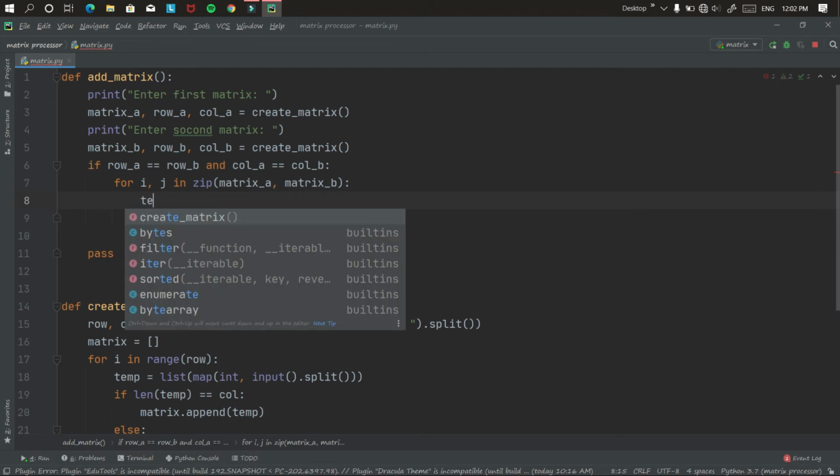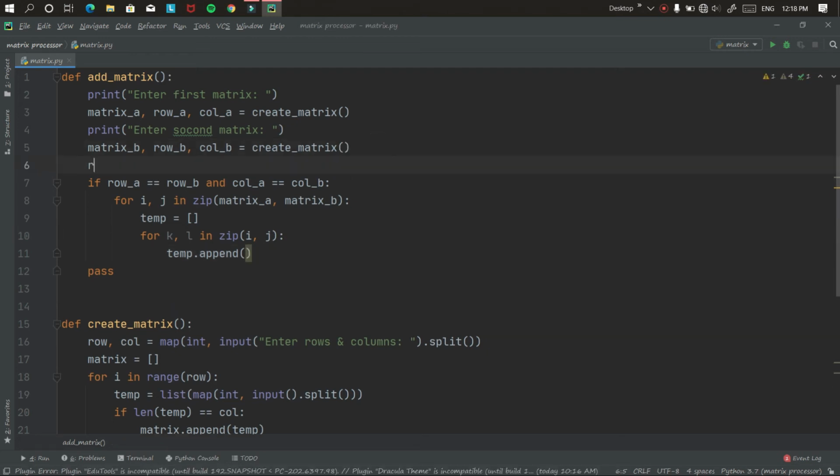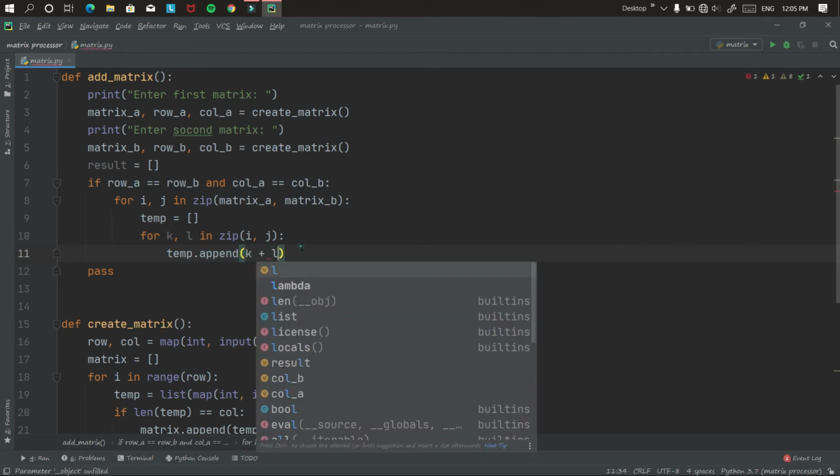So let me take a temp list first. After adding one row, I append temp list to result list. So again I take a new list result. Now I add k and l, which are pointing towards each row elements in the matrix.